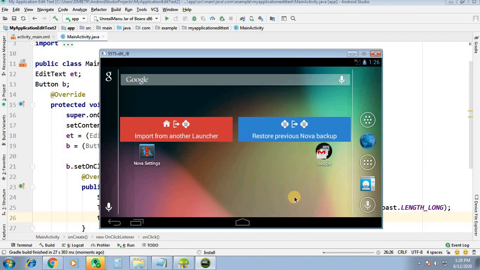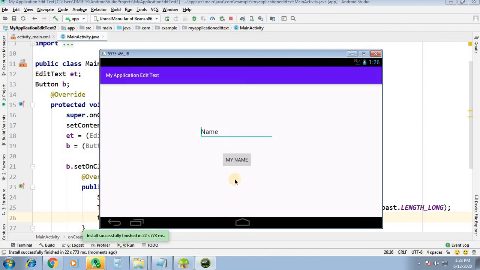it is launching the activity now. Okay, suppose here we enter Android. Then "your name is Android". Suppose we enter here welcome. Okay, then this will come: "your name is welcome". Welcome Android, "my name is welcome Android". So this is what the edit text is. Whatever message goes into the edit text will be set in a toast.